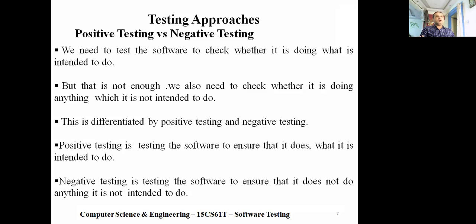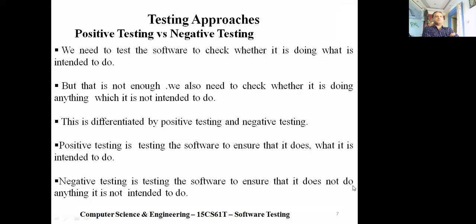Got the point? Yes, go through these points.